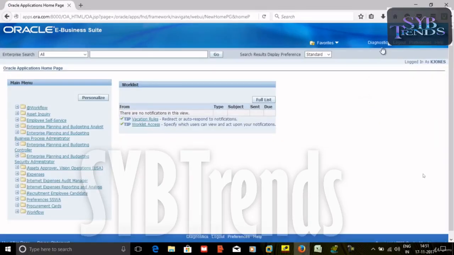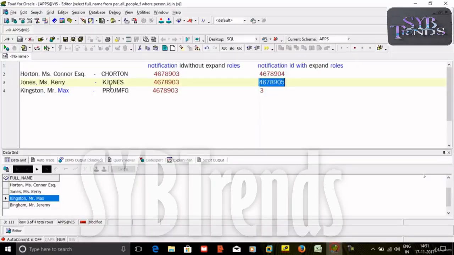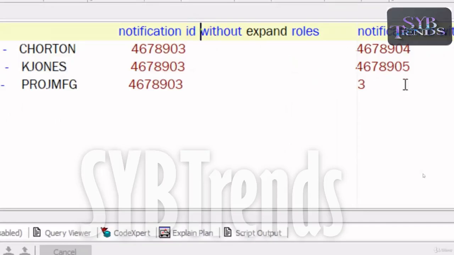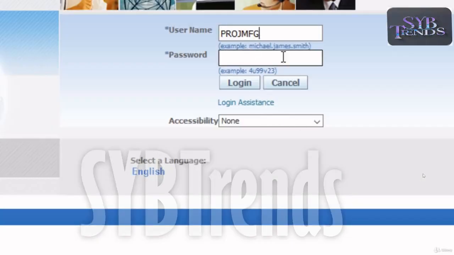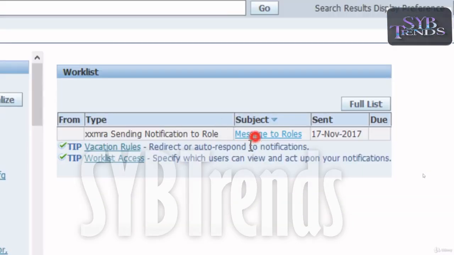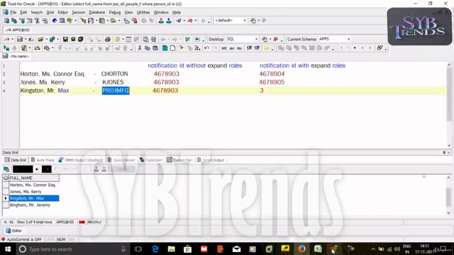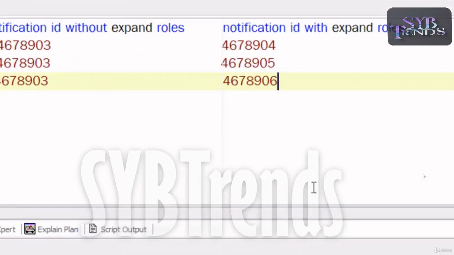Now the last person should not see any notification if you are using it without expand roles. But we are using it with expand roles, right? Let's see whether the last user is able to see the notification in his work list or not. See here, still he is able to see. Now the notification ID is 906. See here, the notification ID is independent from each other. That is the importance